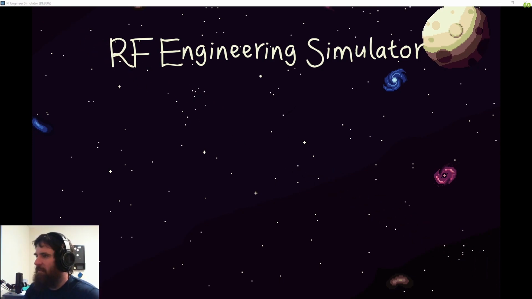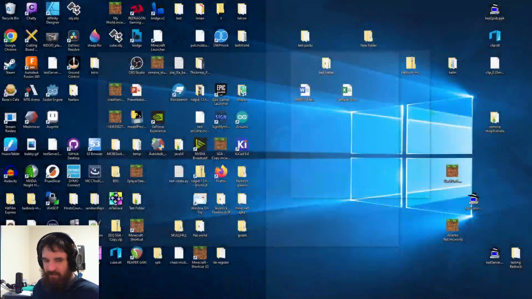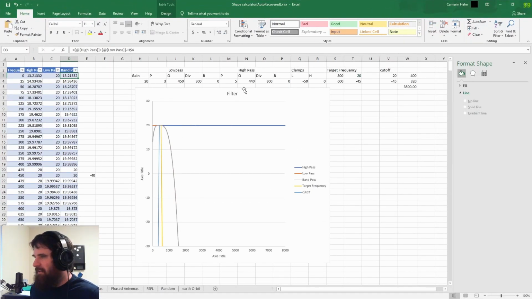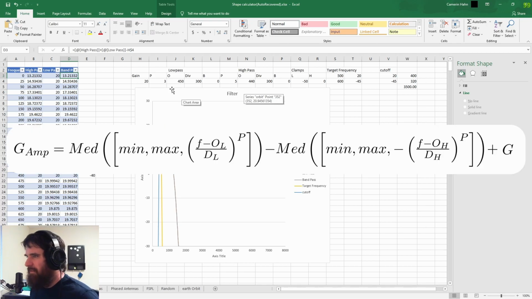So in order to do that, I needed to come up with a formula for that, and I used Excel, and I'm going to jump into the Excel sheet quickly to show you what's going on. So I used an r cubed or an x cubed function here, but I'm only using the negative portion. And the way I get away with that is by using a median filter. I should have the equation on the screen now, I think. But I use a median filter with the minimum value, the maximum value I want, and then the r to the third power as the